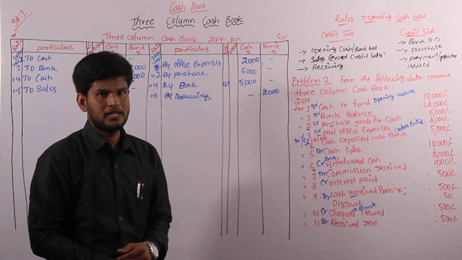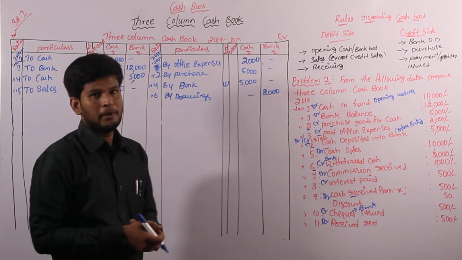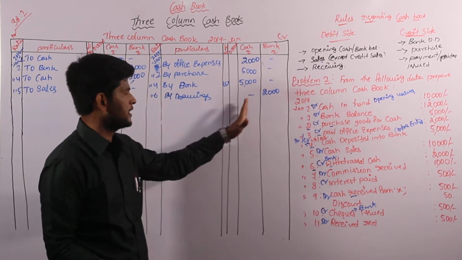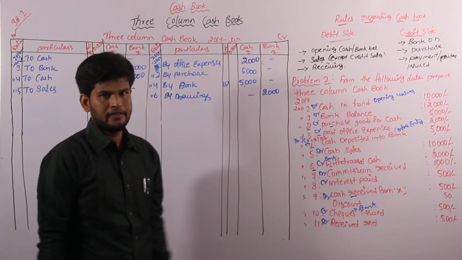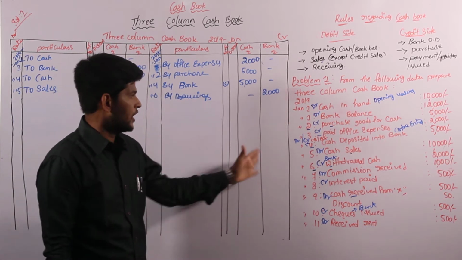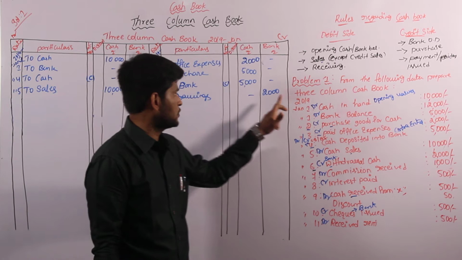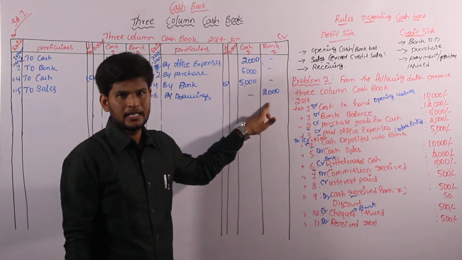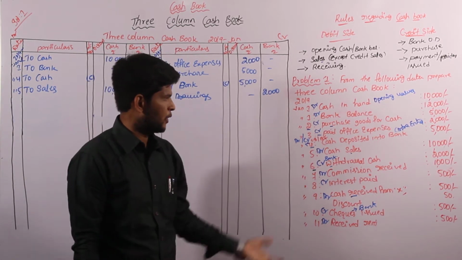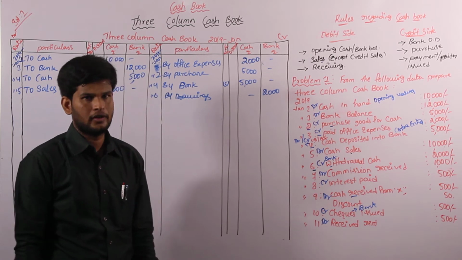In our further problems, we have to identify the transaction, particularly where we have to enter, that will be credit or debit. We have to identify. No need to get confused. Why are you entering the cash withdrawal into the bank column? It is as per the condition I have entered. In our next problem, we know the clarity about the withdrawals, right?